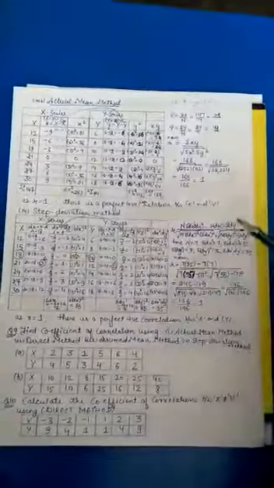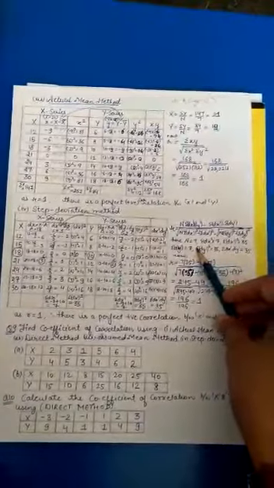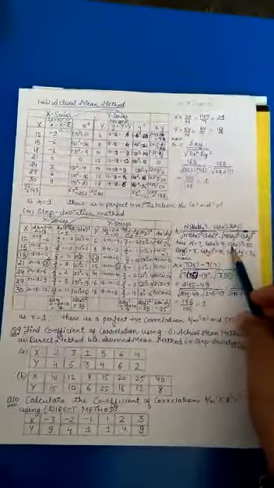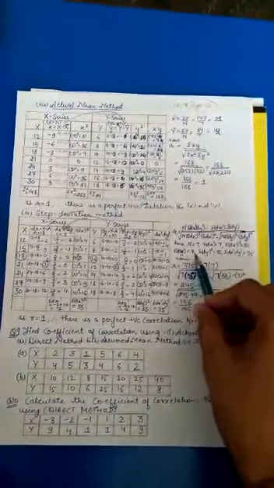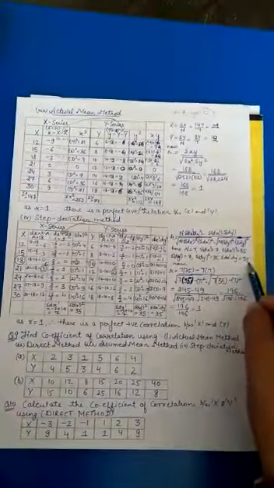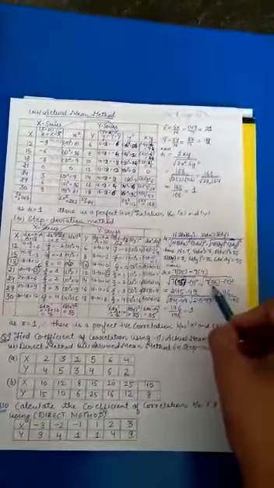After this you have this formula. In this formula you have to first write all values. N is equal to 7, sigma dx dash is equal to 7, sigma dx dash square is equal to 35, sigma dy dash is 7, sigma dy dash square is 35, and sigma dx dash into dy dash is your 35. When you put, you will get 7 into 35, 7 into 7, 7 into 35, 7 square, under root of 7 into 35, 7 square, and finally after the whole calculation done carefully, you will get 196 upon 196, that will give you 1.